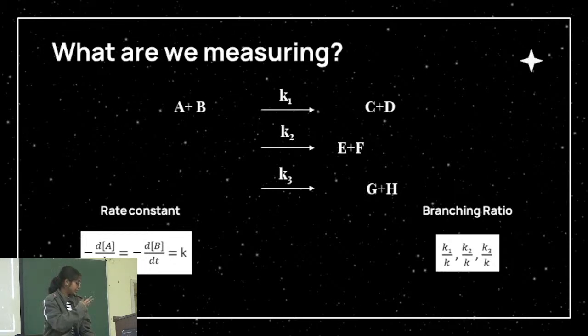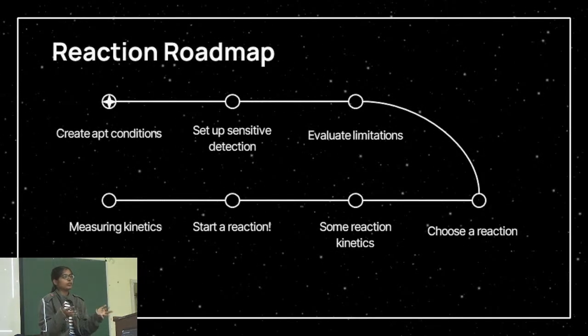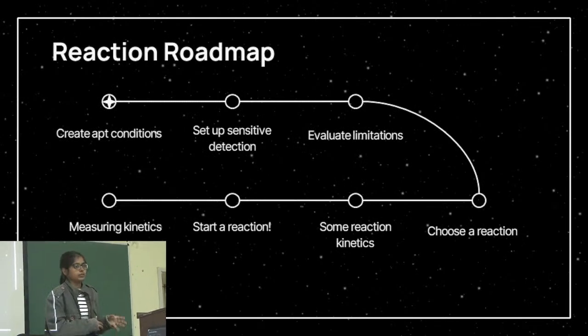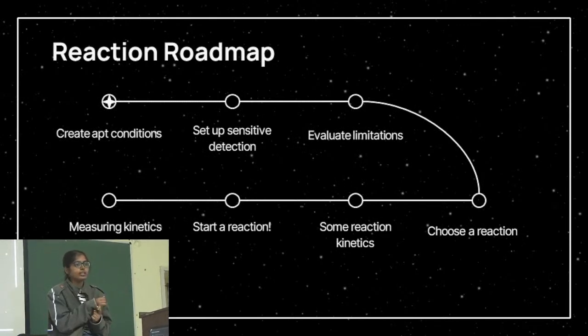From this point on, we are going to discuss the technique in questions and answers. So we know what the problem is. We need to go down to really cold temperatures so that we can get parameters relevant to astrochemistry, and we need a very sensitive detection technique so that we can measure branching ratios. These are our problems. Now I'm going to throw the problems at you, and we'll see what kind of detection techniques you come up with.